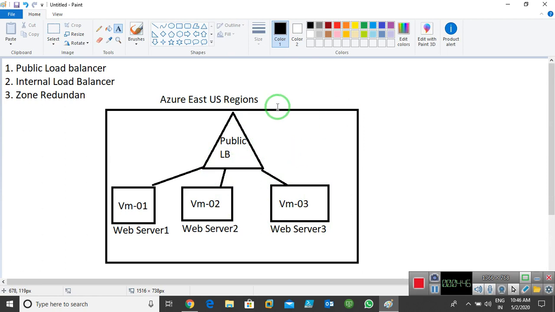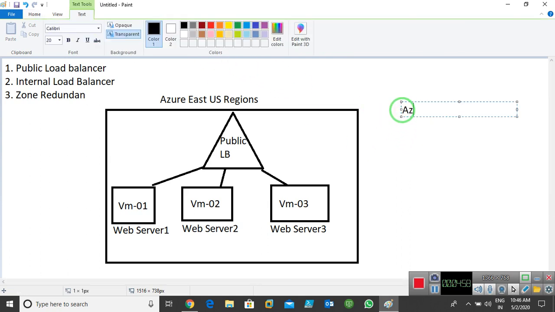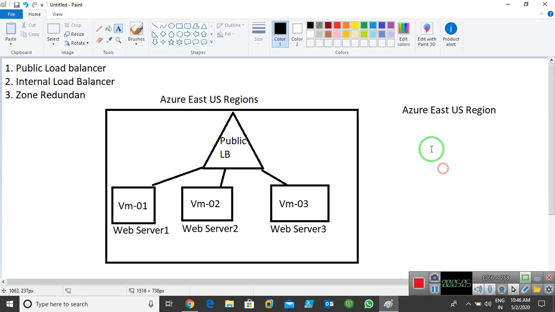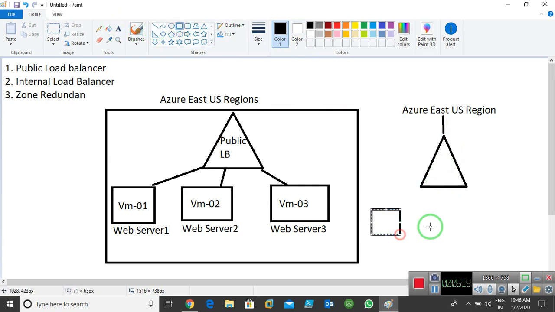But now in zone redundant, I want something different. Imagine this is my Azure East US region, and in that I can place one public load balancer. This is my public load balancer, and in that we again have 3 VMs.